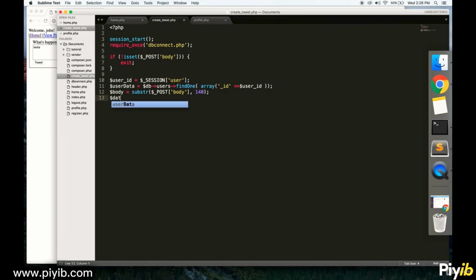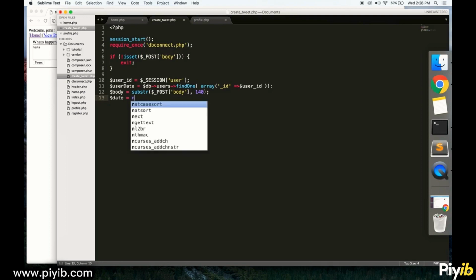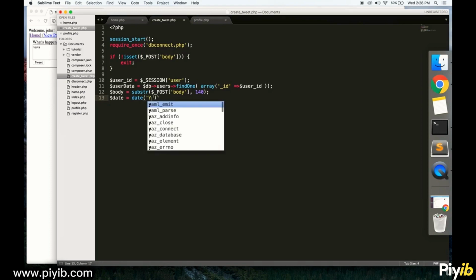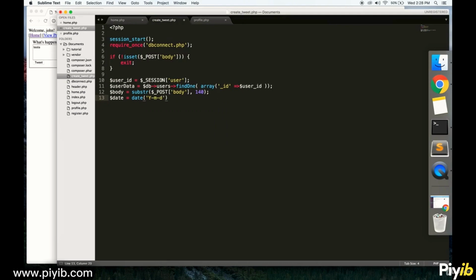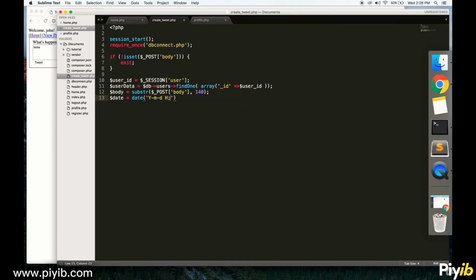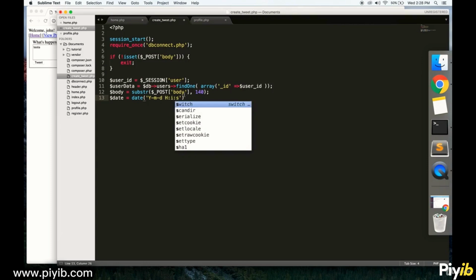And we're also going to create a timestamp. Like this, so we'll be using year, month, date format. Then let's see, hours, seconds,